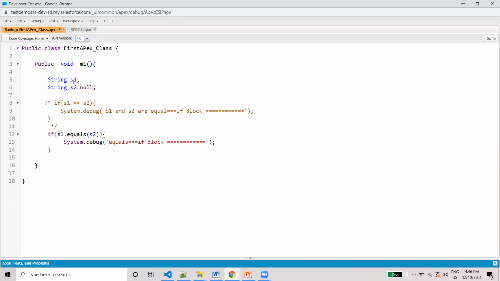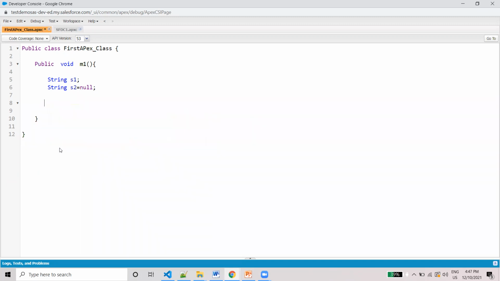Without using that functionality, with double equal, this condition will be true, as two values are equal. So in this null pointer scenario, double equal passes, and it is a better way to use instead of equals. I hope you understand the difference between double equal and equals.